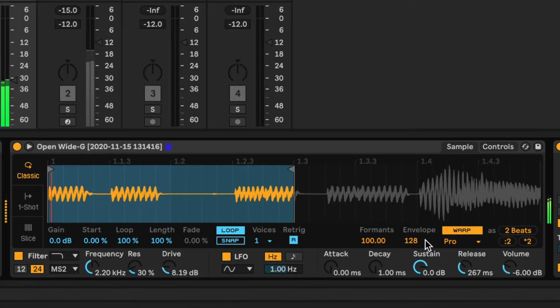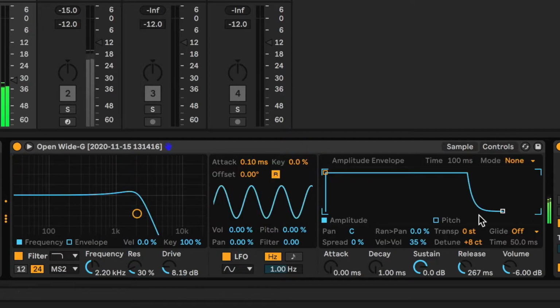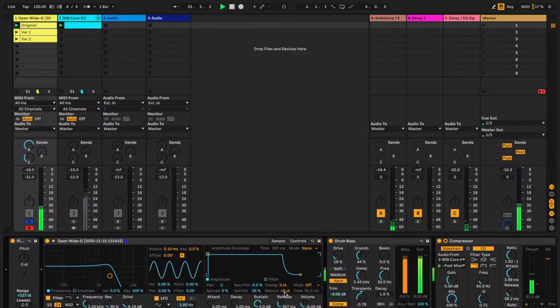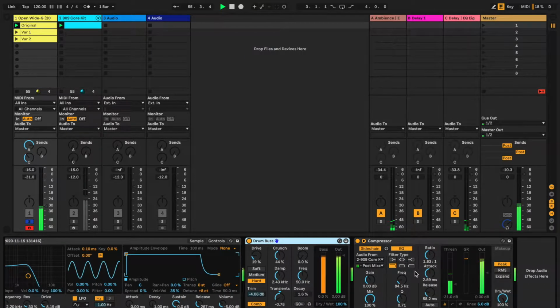I've also restricted it to one voice. I've kept it on Complex Pro. And I have slightly tuned it up because it felt like it was just a little bit flat, but that was to my hearing. You might feel differently. I'm using the drum bus in a way that is potentially not the way it's supposed